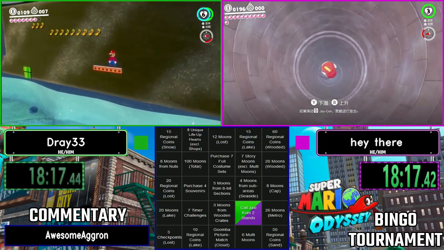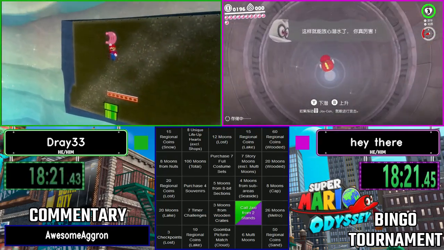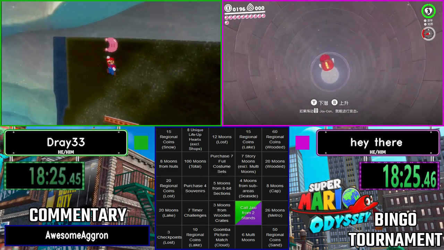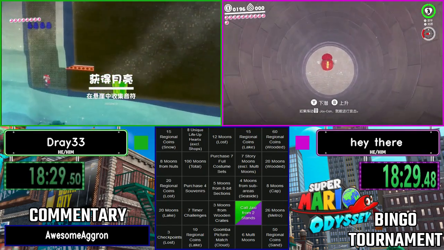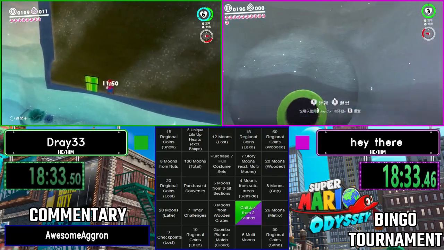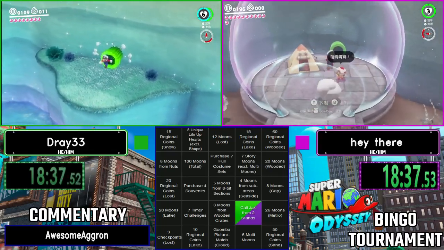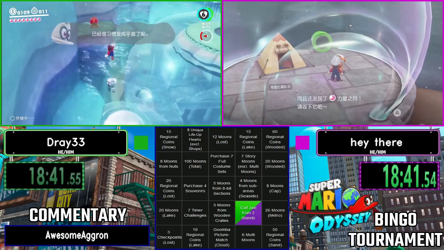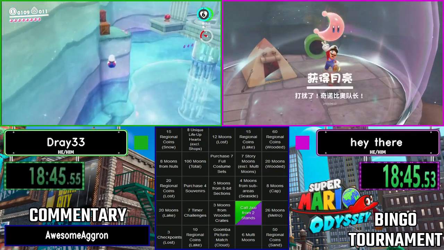Also, getting the late 8-bit. I think Dray's at 3 8-bits? I don't think he went into the sub area. I know one of them went into the sub area. I don't think it was Dray. I think Hey There went into the sub area. But Hey There didn't collect any timers, or only one timer in Cascade. Anyways, that being said,